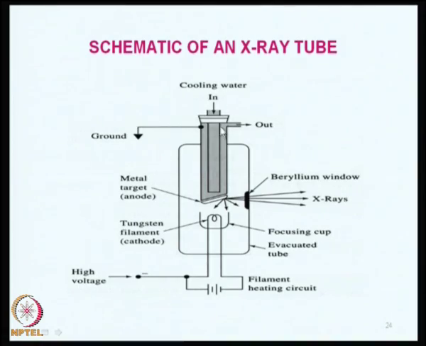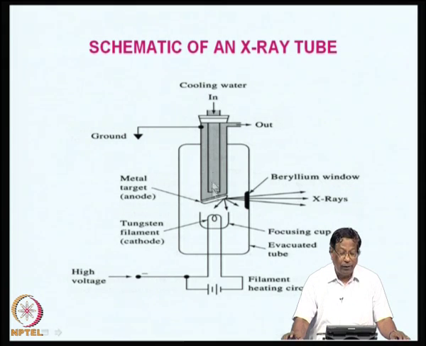So, I am going to show you an X-ray tube here. There is a cooling water in and cooling water out, so the whole thing is cooled continuously during operation. Then we have a metal target anode here, and this is the filament, a tungsten filament, and this is a focusing cup. Whatever electrons are generated will be focused onto the target anode,